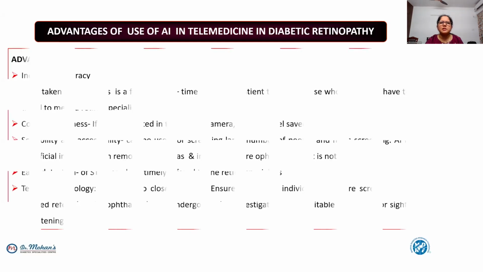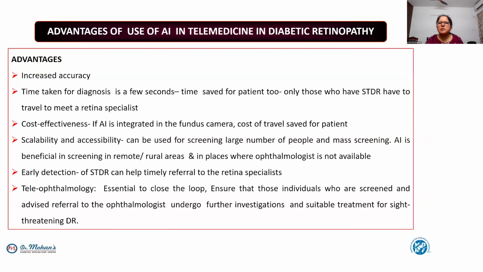So what are the advantages of using AI in telemedicine? It is mainly because the accuracy is much higher when compared to human graders. The time taken is very less. And the time is saved for the patient also, because the patient need not travel to meet the ophthalmologist. It is cost effective because it saves cost of travel for the patient, and it is also scalable